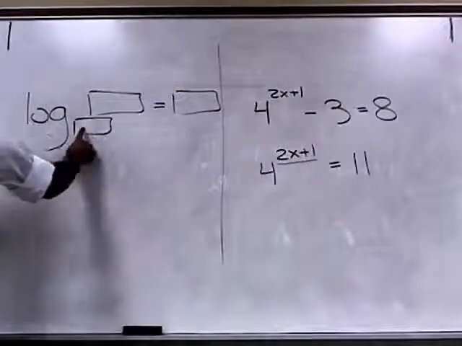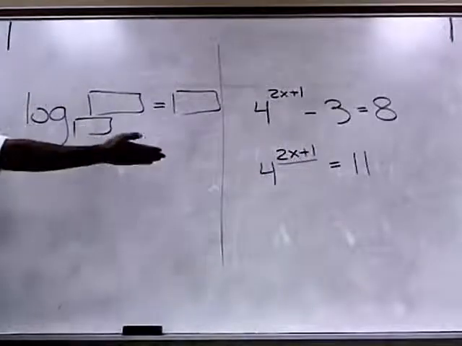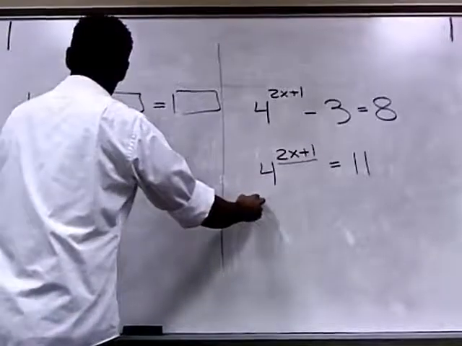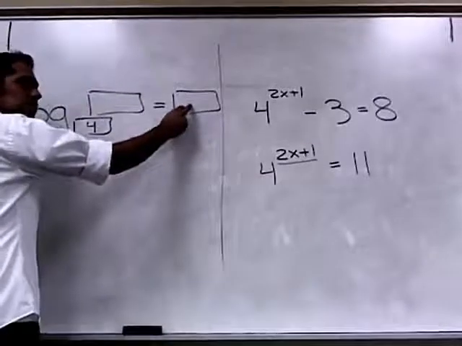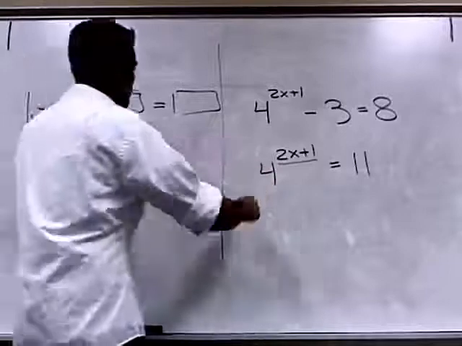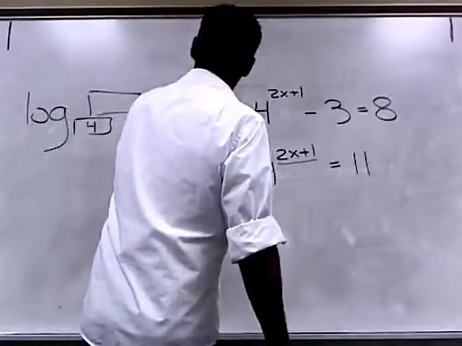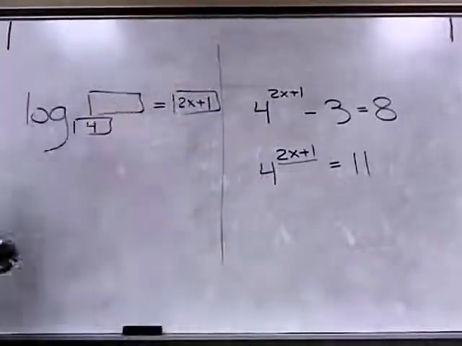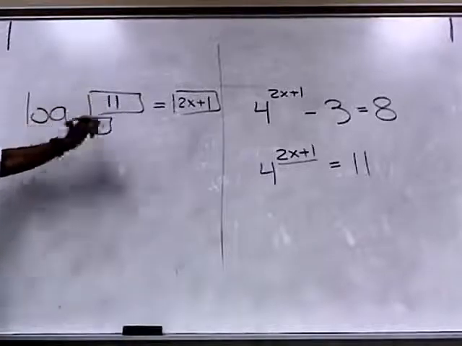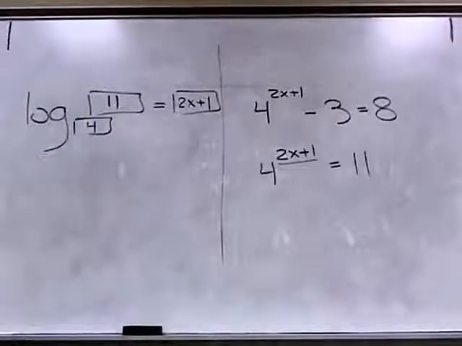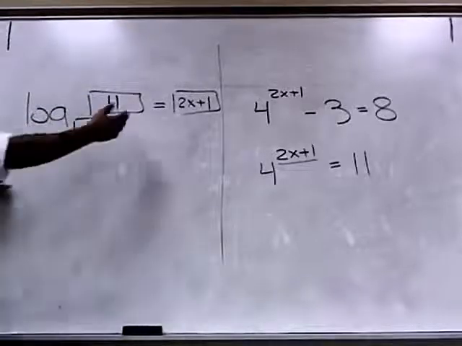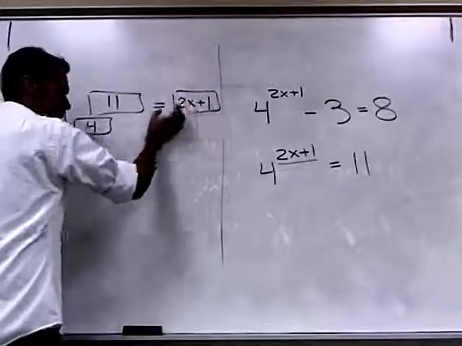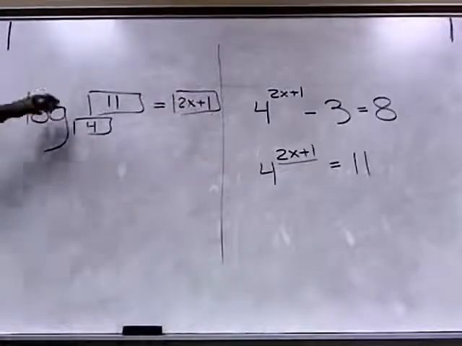What will always go down here? The base of what's over here. So the 4 will go down here. The other side here is whatever that 4 is raised to. And then what goes here is what it needs to be equal to, 11. Now the x is by itself. It's not up in an exponent. It's right here. This side of the equation,